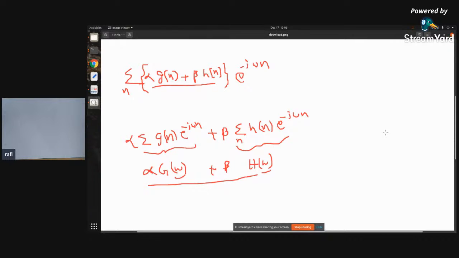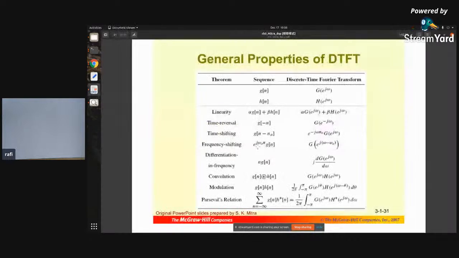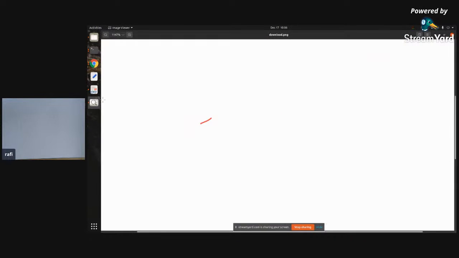So I hope this linearity property is clear to you all. And the second one is the time reversal property. The proof, I think you need to do all these proofs by yourself basically, but I'm just